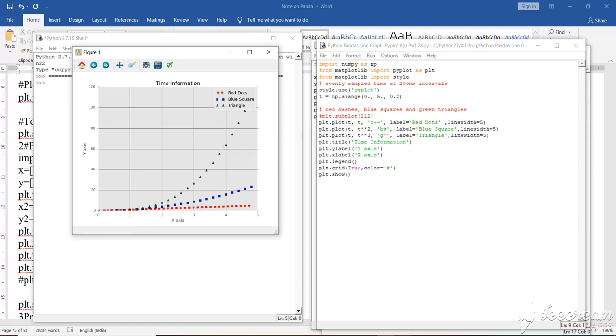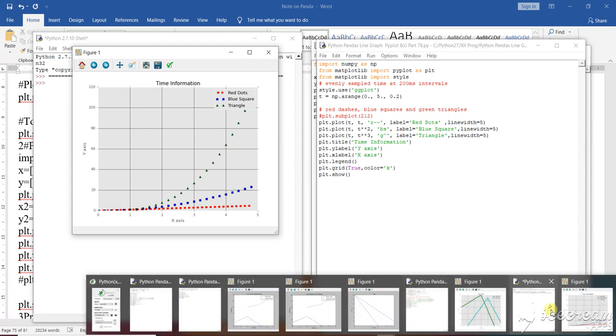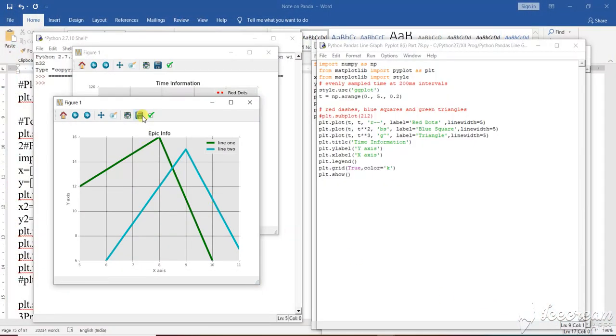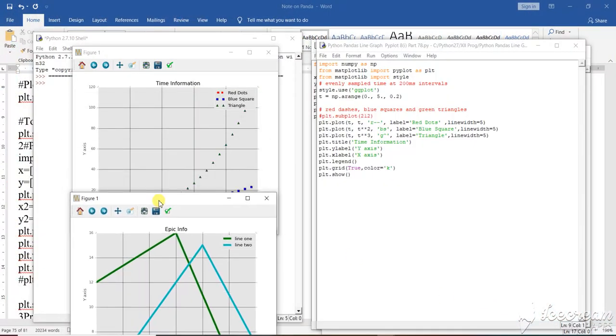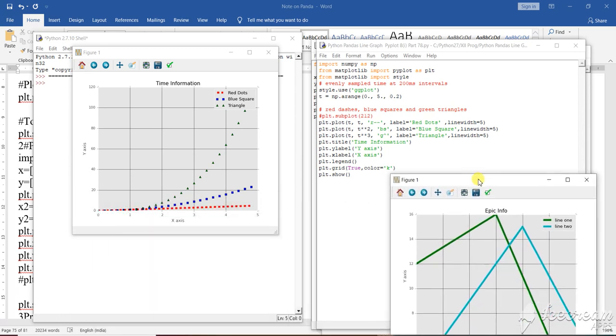So the previous one you have seen, I am showing you the previous output. See the output of the previous program. How I made it, I made it with a 2 line graph, and here I have given